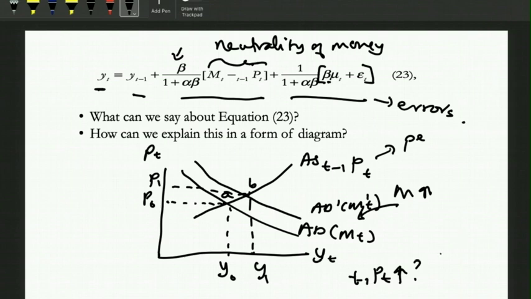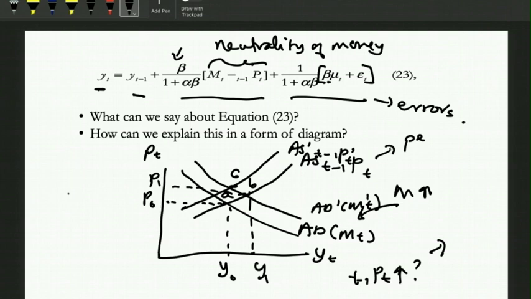If expected price increases, then it causes the expected real wage to fall down, basically. And then so on and so forth. You try to figure out, because all of these things have been learned before. Then consequently, AS will shift to the left, from AS T minus 1 PT to AS prime, T minus 1 P prime T, for instance. So we may stop here.